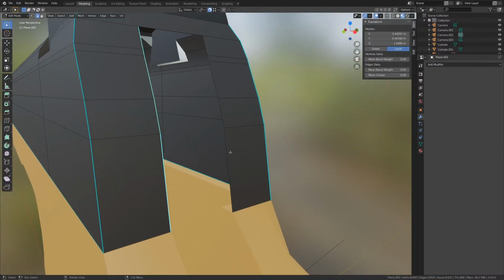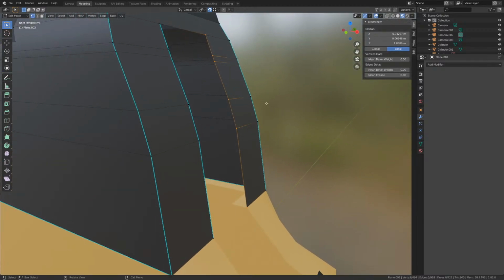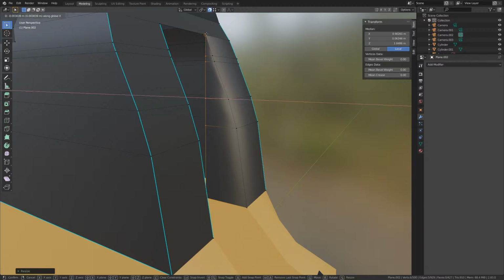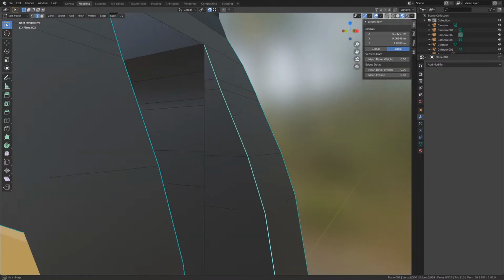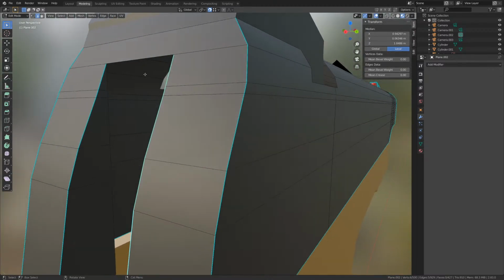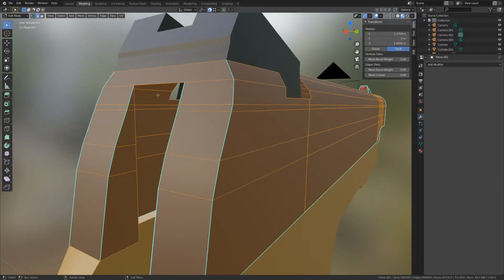Now the other side over here. All of that, extrude on the X, scale to 0, and then snap right there. And mark as sharp. And then there will be duplicated vertices right here and here. So if I just select everything,